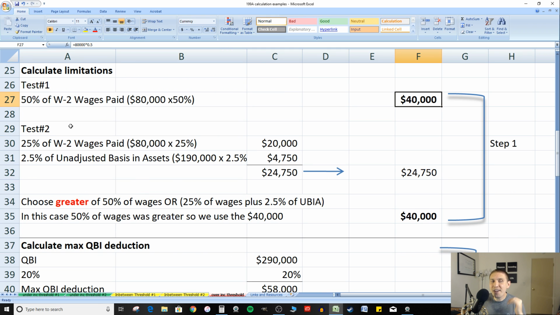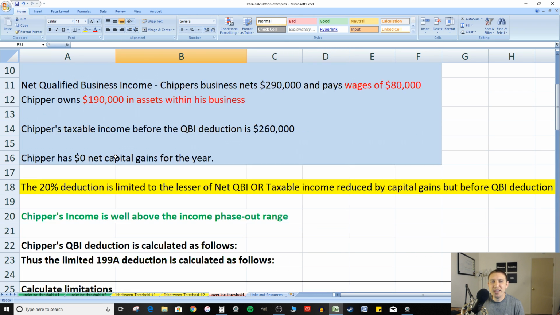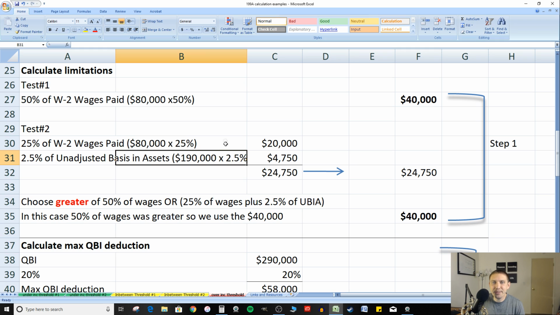Test 2 is 25% of W-2 wages, which is 80,000 times 25%, plus 2.5% of unadjusted basis in assets. So in this example, remember Chipper had $190,000 in assets within his business, okay? So we take 2.5% times that, which gives him $4,750. So we add up the 25% of wages paid and the 2.5% of unadjusted basis in assets, and we get